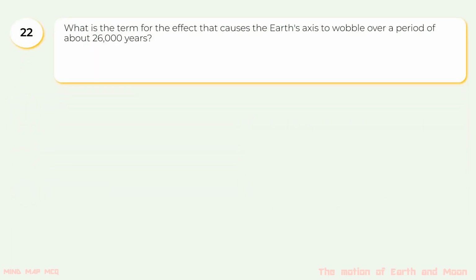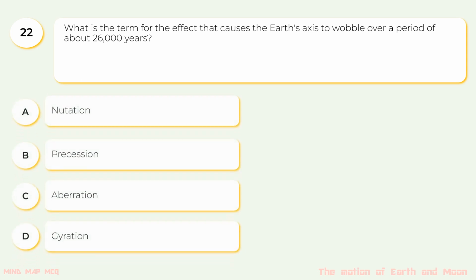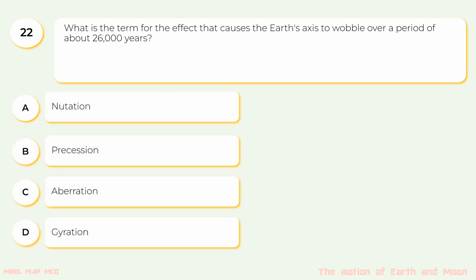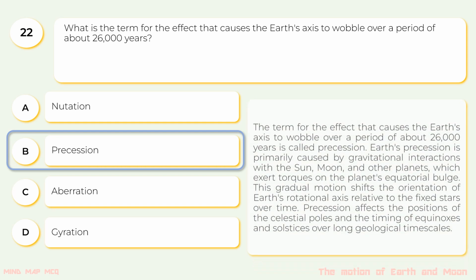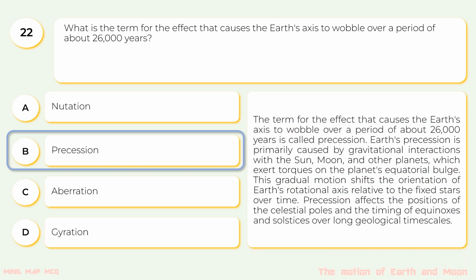22. What is the term for the effect that causes the Earth's axis to wobble over a period of about 26,000 years? A. Nutation, B. Precession, C. Aberration, or D. Gyration? The correct option is B. Precession. The term for the effect that causes the Earth's axis to wobble over a period of about 26,000 years